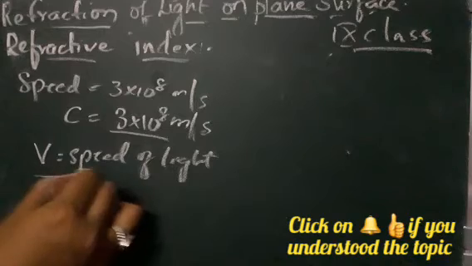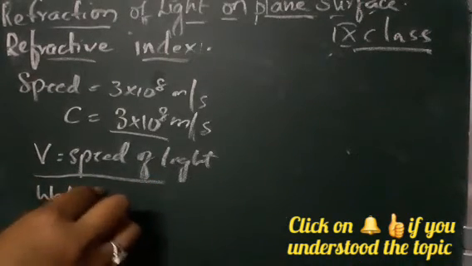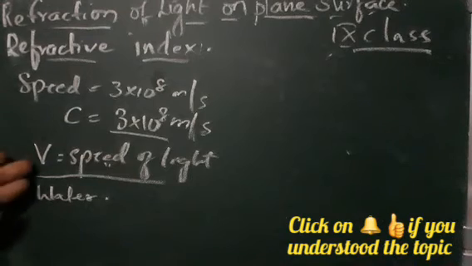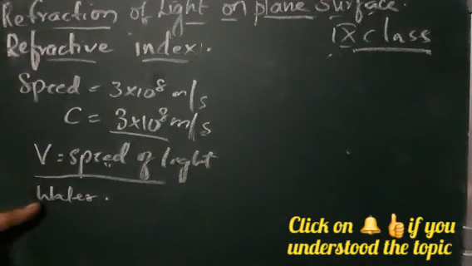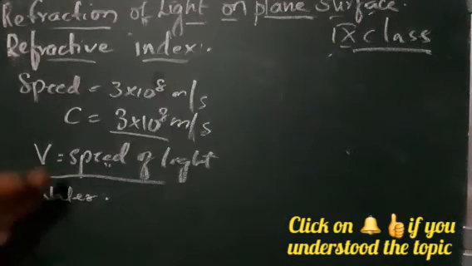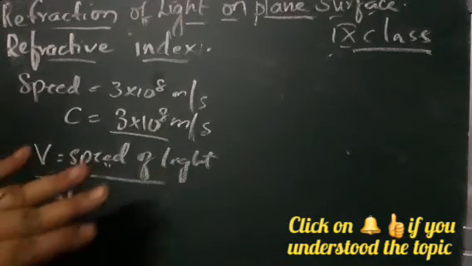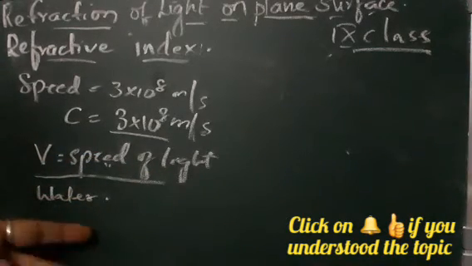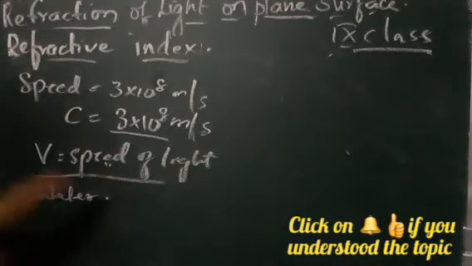This is the speed of vacuum. Another medium, like water, we are taking. So whatever ratio we find between the speed of light in the vacuum and the medium, that is a second medium, that may be water also. I'm just giving an example. For any medium, first we'll take the speed of light in vacuum, that is air, by the speed in any other medium you are taking. Suppose we are taking water, then the speed of light in the water.